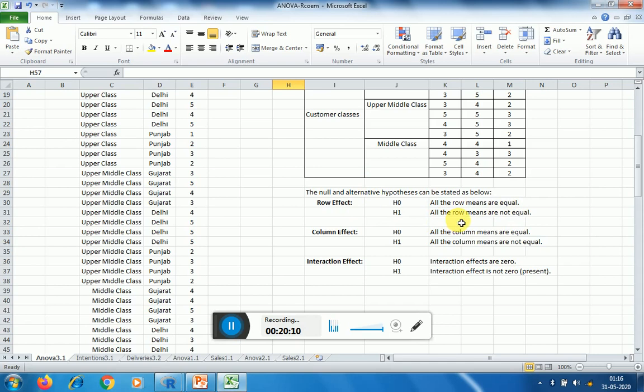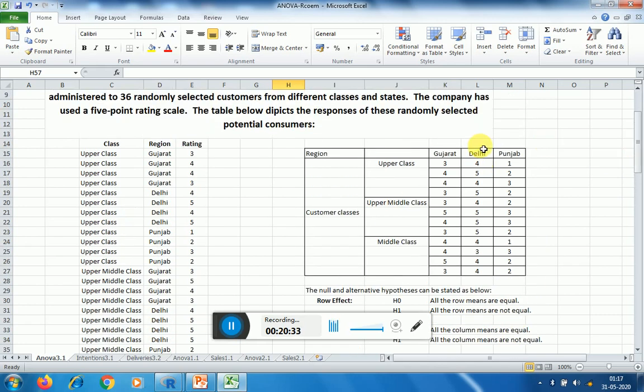Alternative hypothesis, all the row means are not equal. Then column effect, all the column means are equal, all the column means are not equal. And third, interaction effect: the null hypothesis is that interaction effect is not present, and the alternative is that interaction effect is present between the customer class as well as the states.